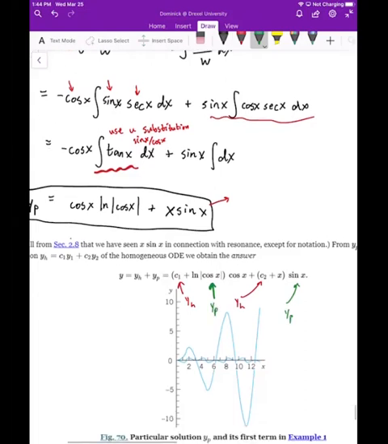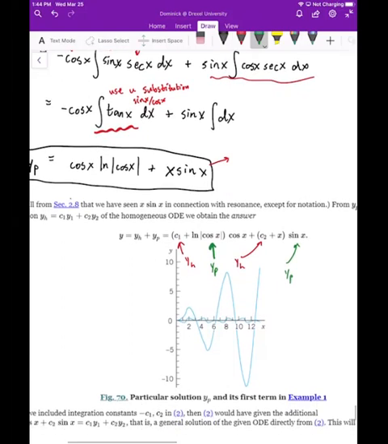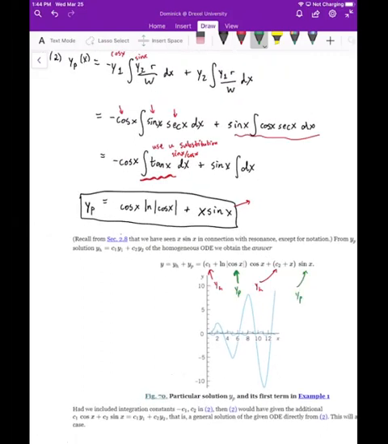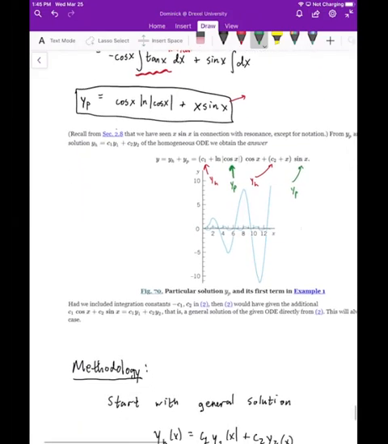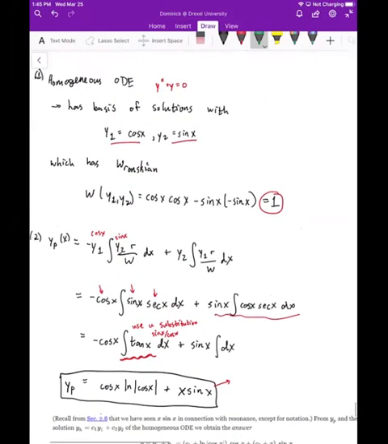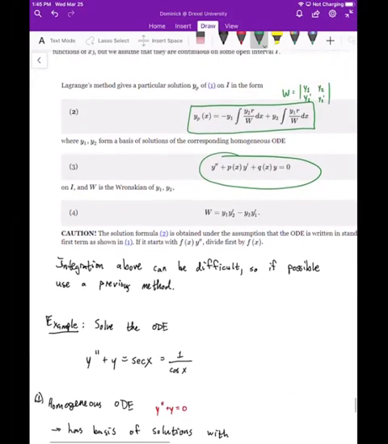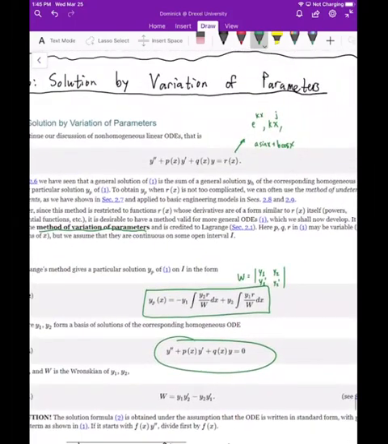Right, and then you get sort of this funky looking graph here for that, right? So of course, if you had initial conditions, you could solve for C1 and C2, and you could do that if you were given those initial conditions. All right, so, and again, we're going to go through the methodology for this, but the idea is that